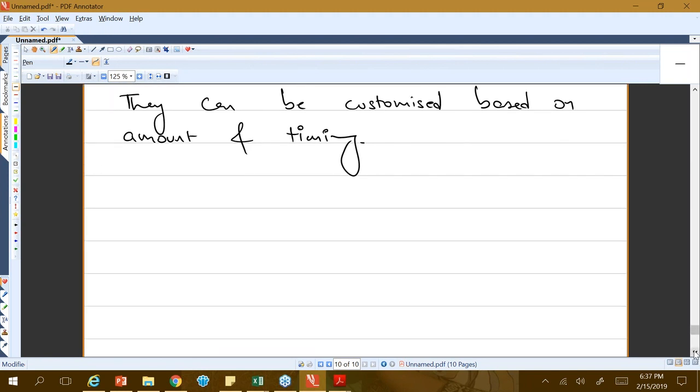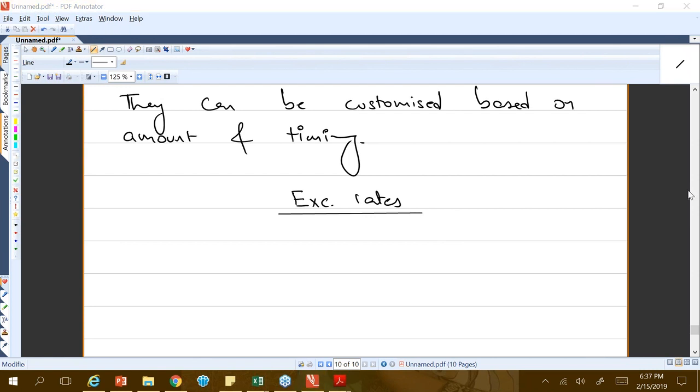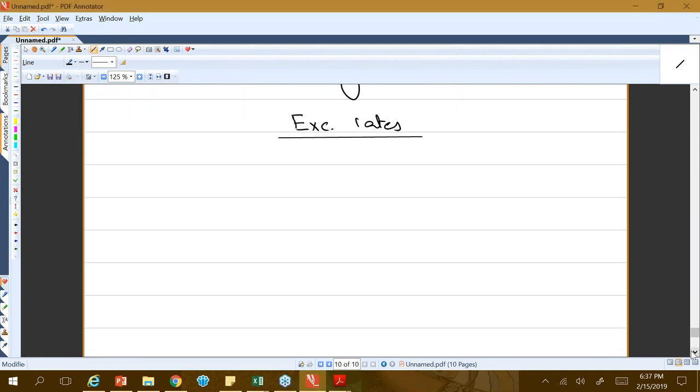Now, forward contracts are really easy once we have the understanding of the exchange rates. Because once we have the understanding of exchange rates, then it's just a matter of taking the correct rate from the given information and using that in our answers. So we just need to understand the exchange rates because once we know how to pick the right exchange rate, the forwards are really, really easy. So I'll do some examples.